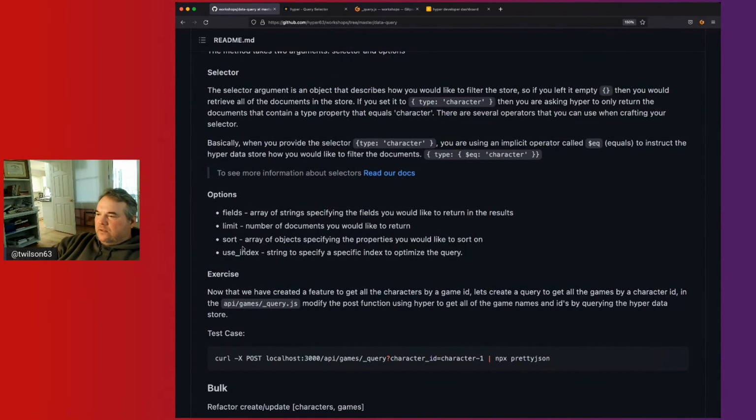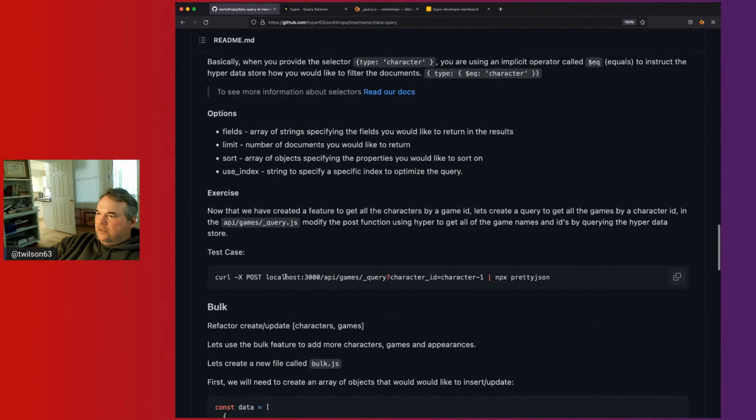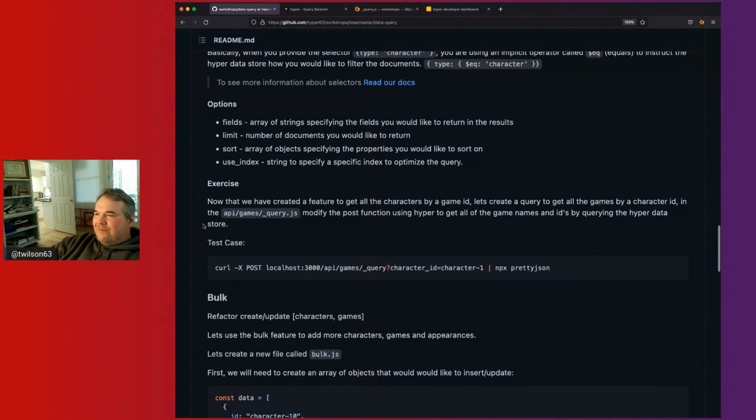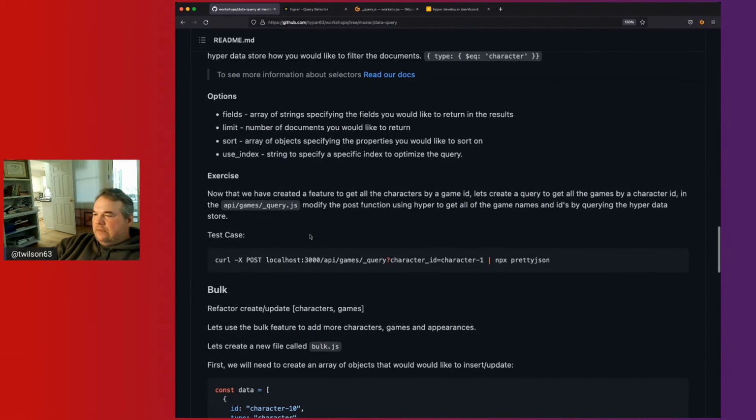And then you have sort, so you can sort by properties by giving an array of objects, and you would specify descending or ascending. Limit, and use index. You can specify an index that you created to optimize that. So you may want to take a minute and, now that we've created the characters by game ID, use the same kind of formula to go to API games underscore query and create a list of games by character ID, right? So give that a shot. And then